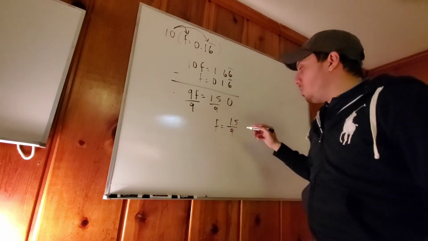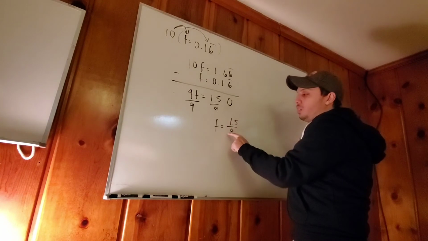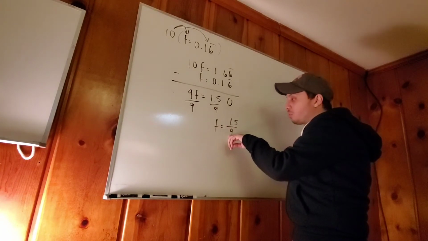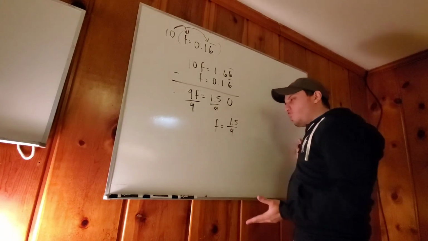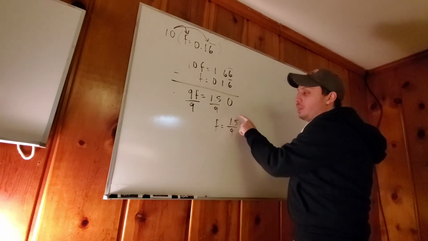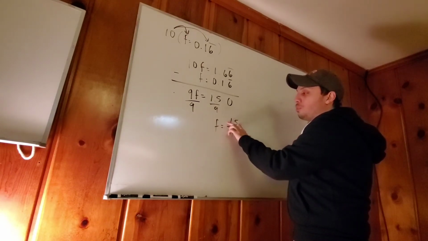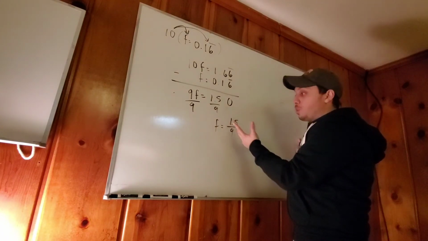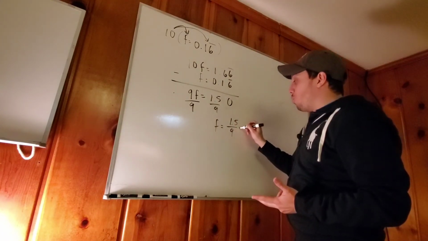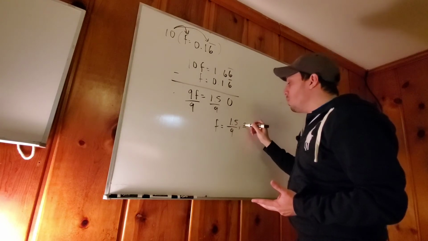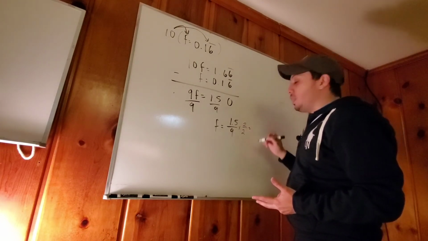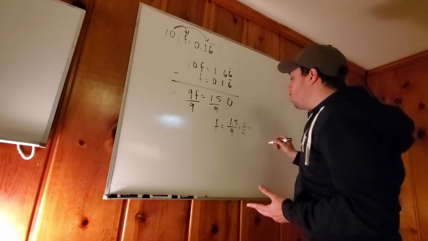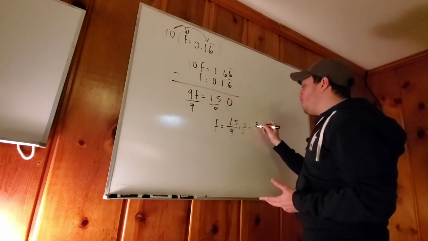But we don't like this because it's a decimal and a whole number in a fraction, and that's kind of weird. So let's try to make this into a whole number. To make it into a whole number, 1.5 plus 1.5 equals 3, so I'm going to multiply by 2. But if I multiply the numerator, I have to multiply the denominator as well. So 1.5 times 2 is going to be 3